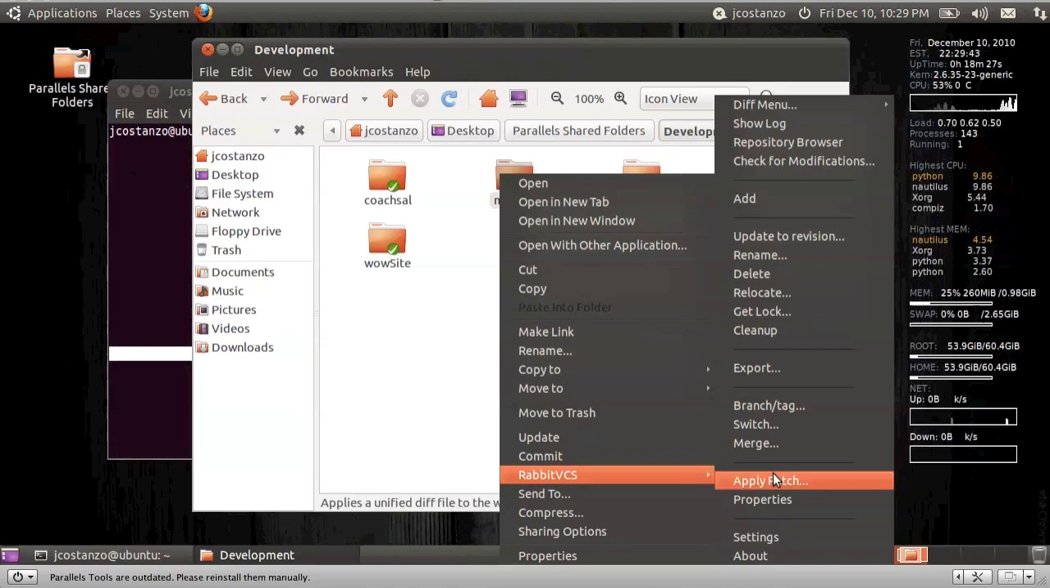So we're going to come over here and, just going through, you can see settings, properties, if you need to apply a patch, merge, switch, branch, if you need to export the Subversion repository, clean up, lock it, relocate, delete, rename, update to revision, so if you wanted to go back. And what else is missing here, because of course there's no changes, but there is revert, add, go to the